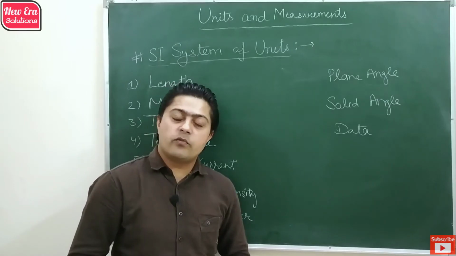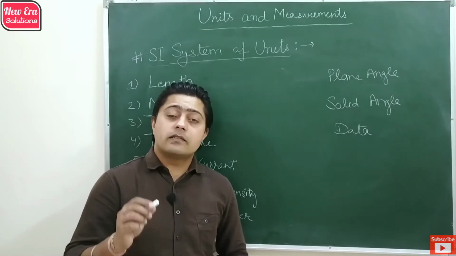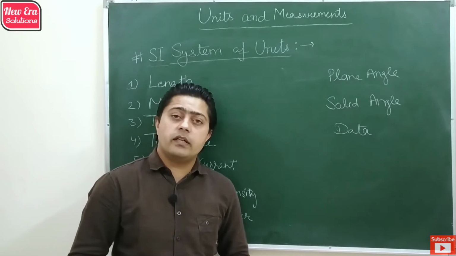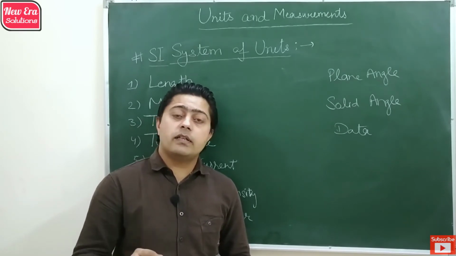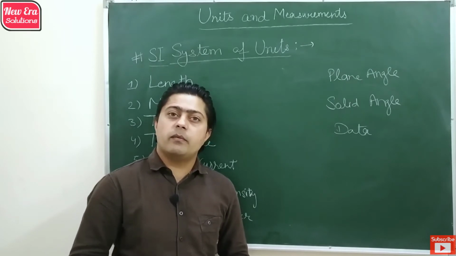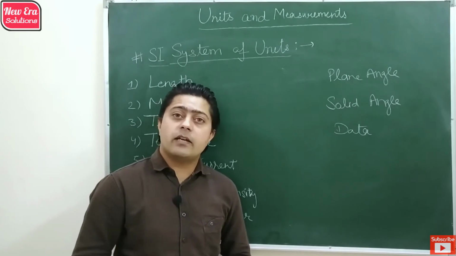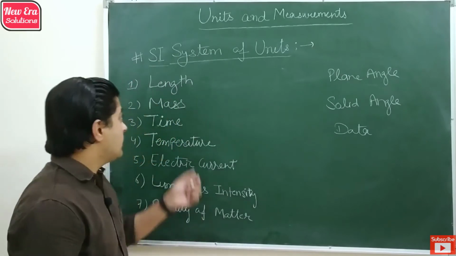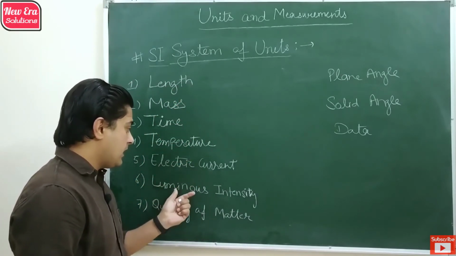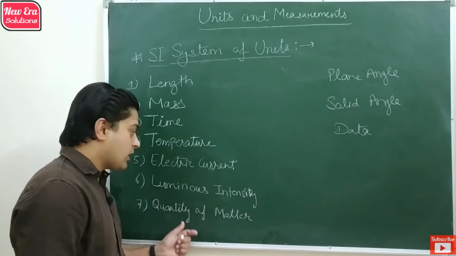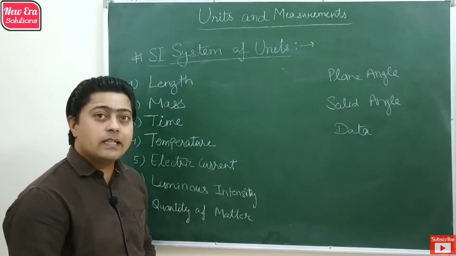So the SI system of units, which is also known as the Standard International System of Units, is a scientific system which has 7 fundamental quantities and some supplementary physical quantities. These 7 fundamental quantities are length, mass, time, temperature, electric current, luminous intensity and quantity of matter, and their SI